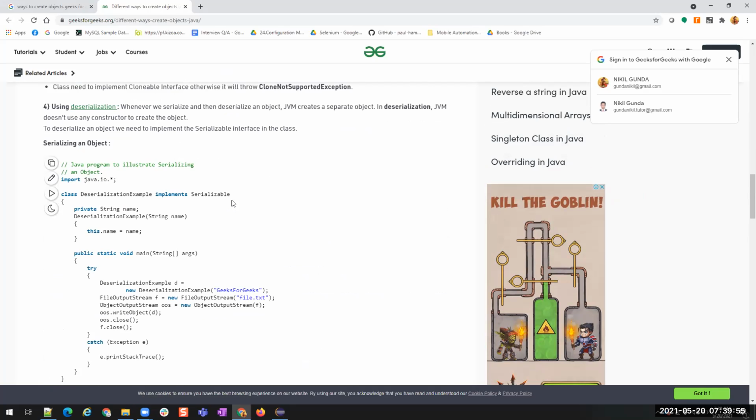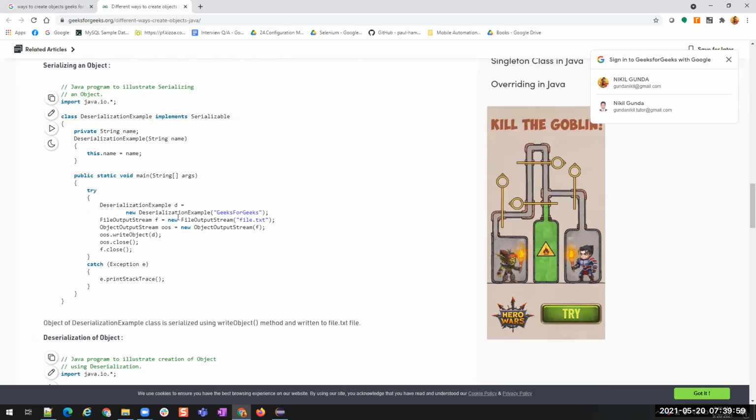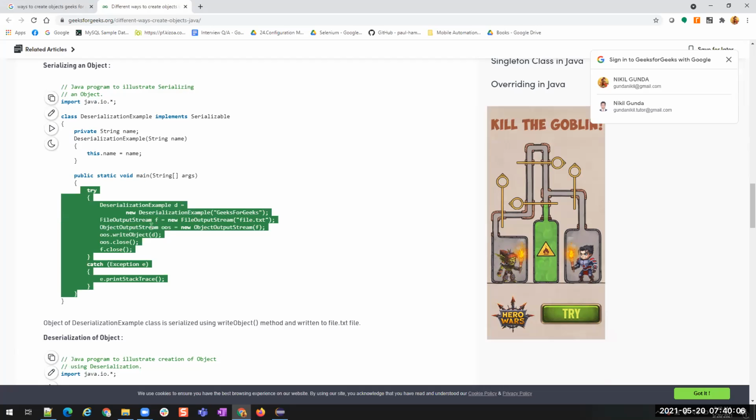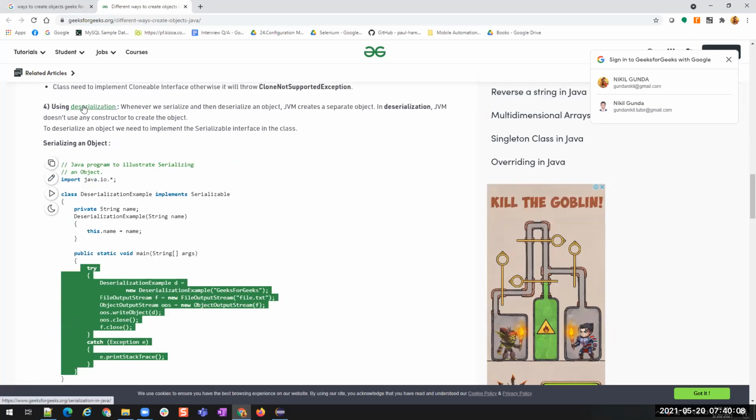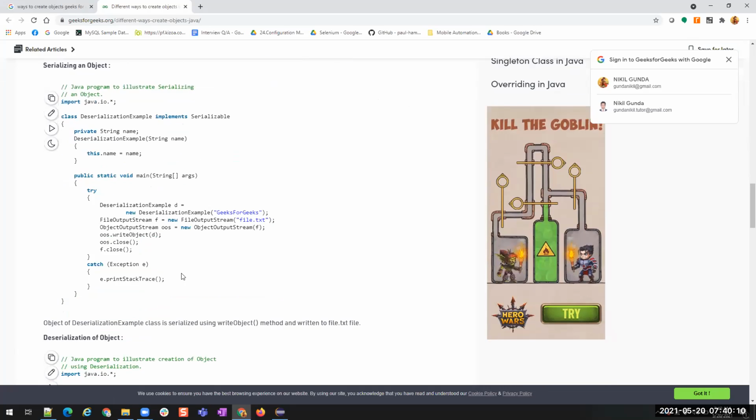So this is a whole lot of logic, not needed for us. Here, for example, this is a main method where I'm applying this encoding, the serialize. This is deserialization, which is decoding.